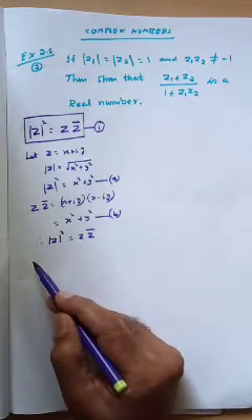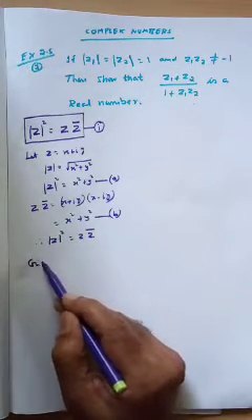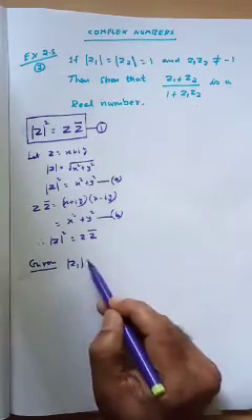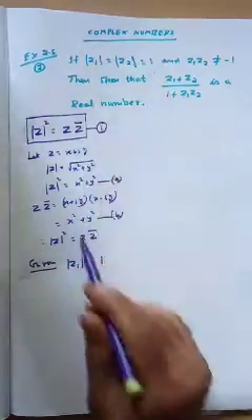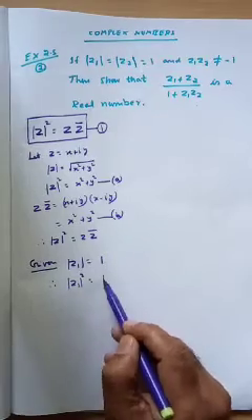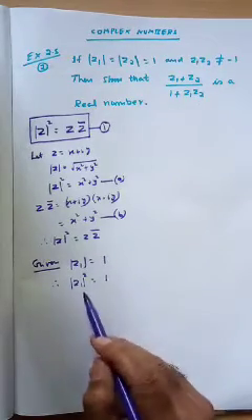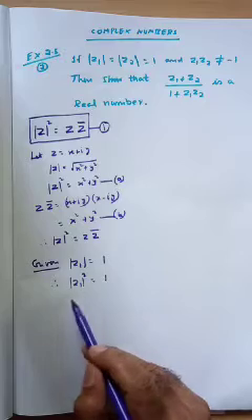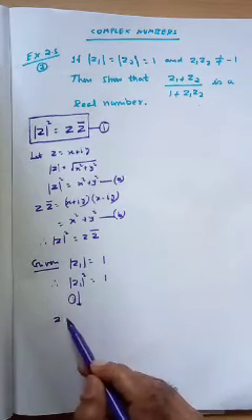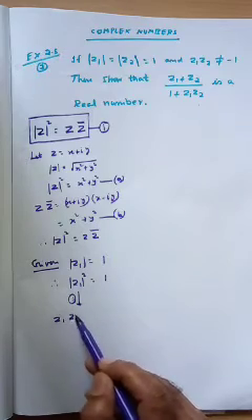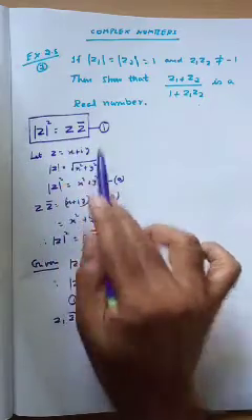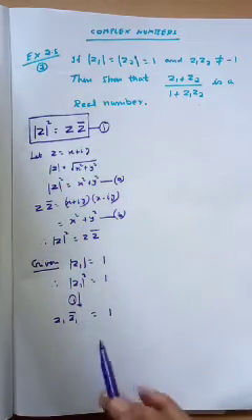So in this question, they have given Z1 modulus is equal to 1. So note here Z1 modulus equal to 1. Therefore, Z1 modulus whole square is also 1. If you square this also, you get the answer is 1 only. But here let us use the property. Using the property 1, we can write this as Z1 into Z1 bar. That is equal to 1. Using this property, Z modulus square is equal to Z into Z bar, I am writing like this.